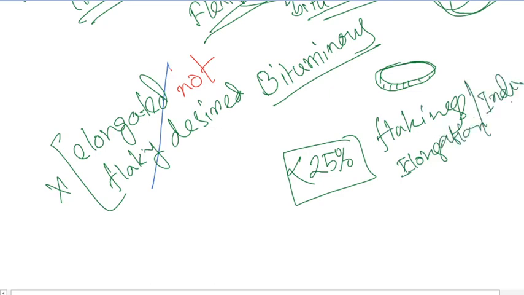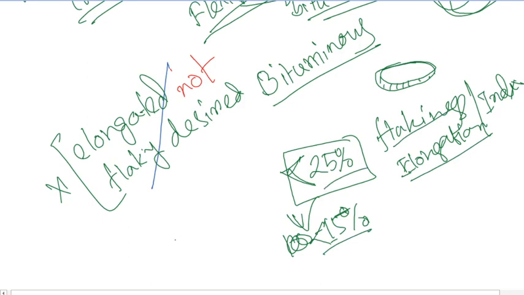Both these two indices should be less than 25%, and it is better if it is less than 15%. That will be very good for the construction process. So there will be specific direction whenever you are a site engineer. You should have directions that for this pavement construction, the elongation or flakiness index of the particles should be less than this one, or there should be a specified range like 10 to 12%, and according to that you